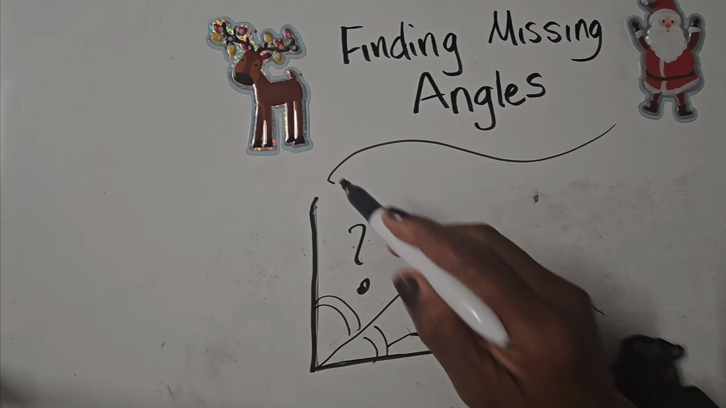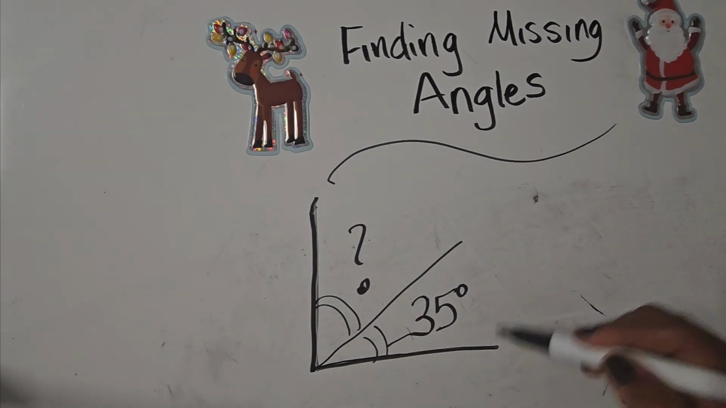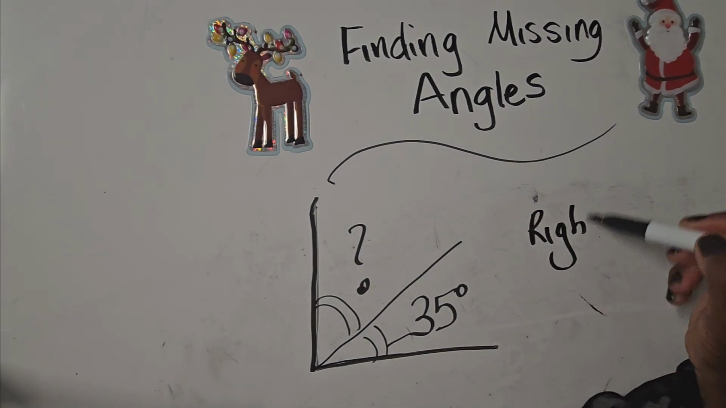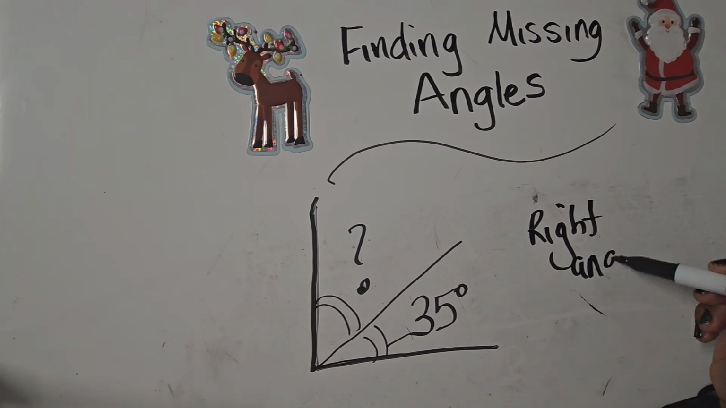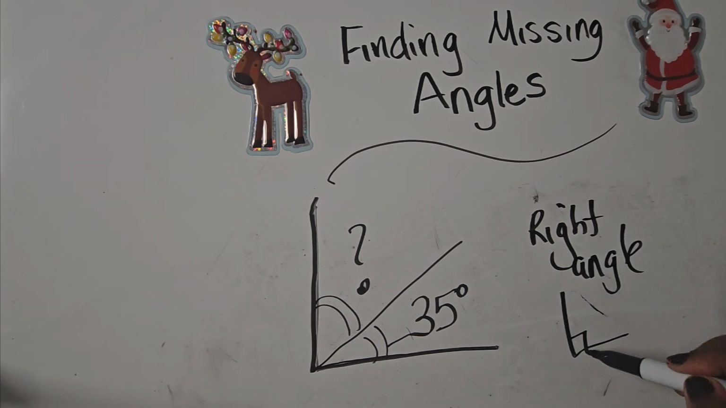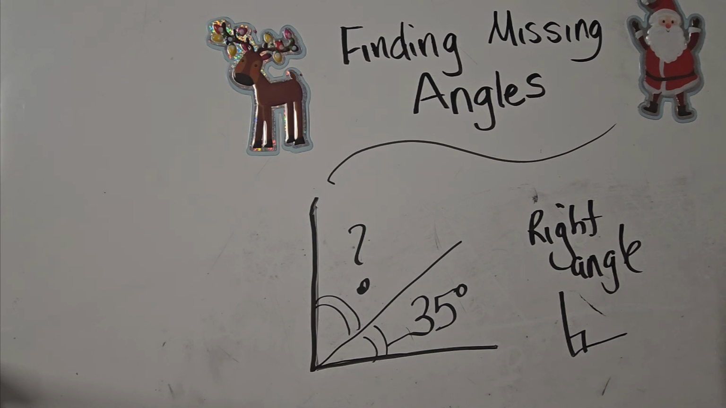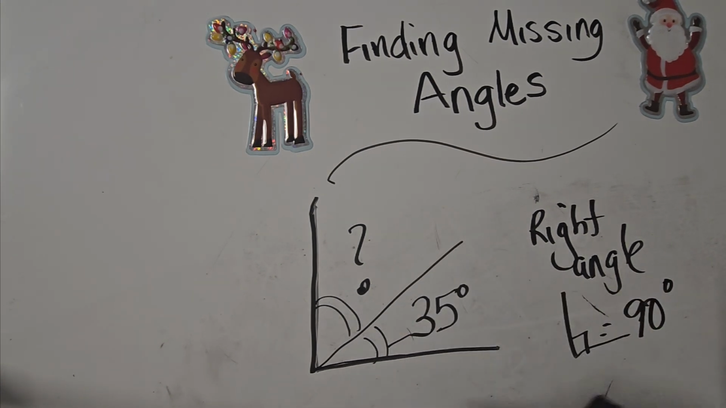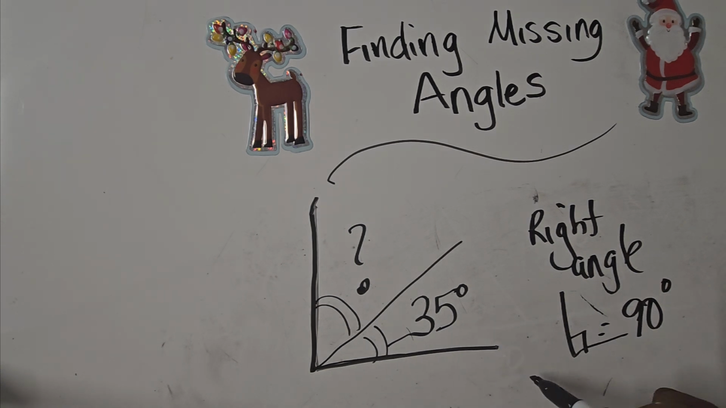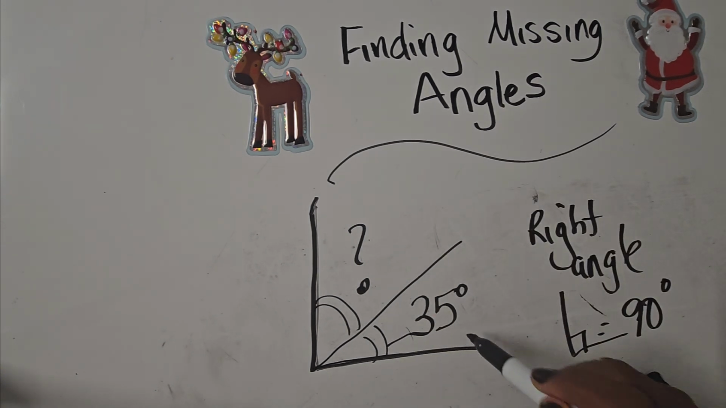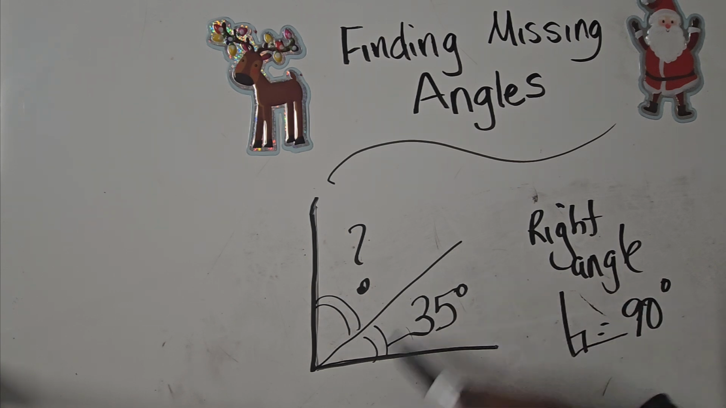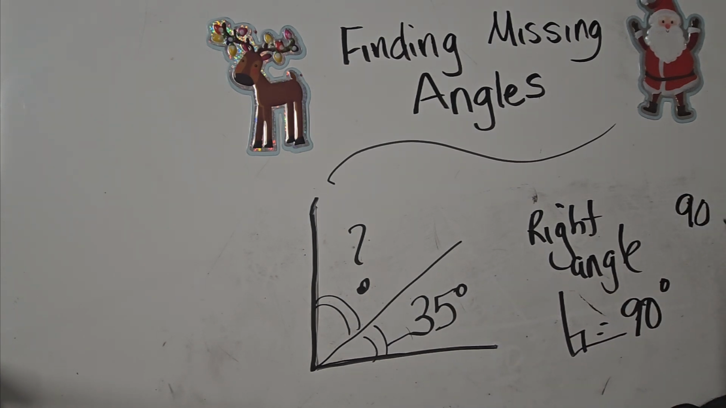Step number 1, identify what kind of angle is this. This is a right angle, right? A right angle shaped like an L. There's the right angle. Step number 2, how much is a right angle worth? A right angle is 90 degrees. The entire angle is 90 degrees. So if this little part is 35, you know what I need to do. If this little part is 35, then over here, I'm going to do 90 take away